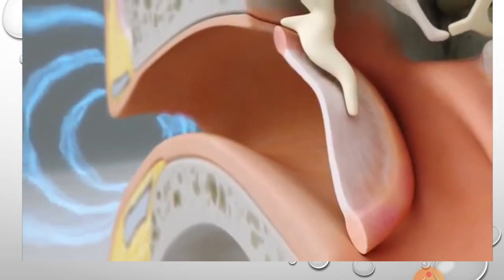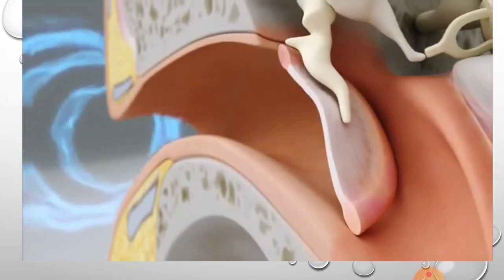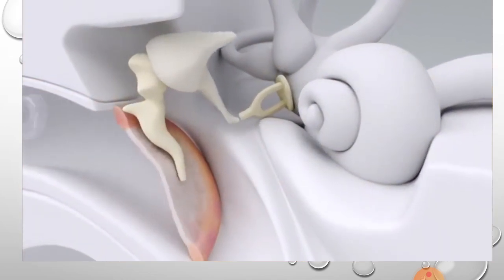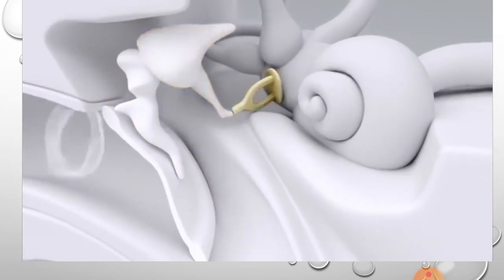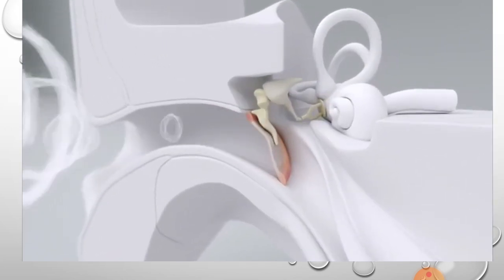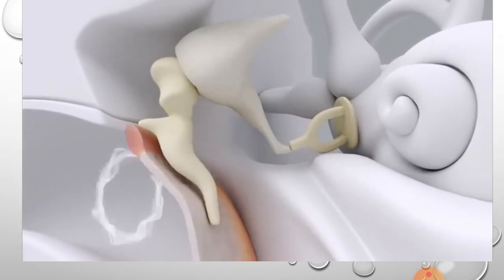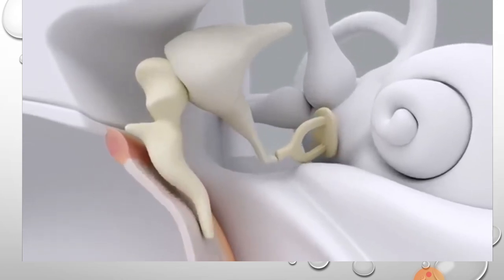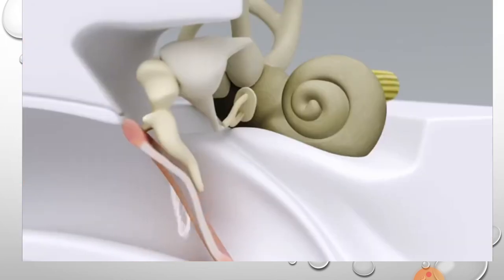So you can see half of the tympanic membrane being vibrated by the sound waves. We can see that the handle of the malleus is attached on the medial surface of the tympanic membrane. This is malleus, incus, and this is stapes closing the oval window. You can see that the sound waves are being transmitted into vibrations through the tympanic cavity, and they are transmitted through the footplate of stapes into the internal ear.